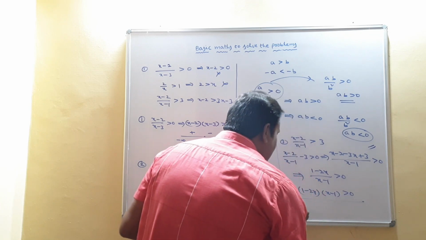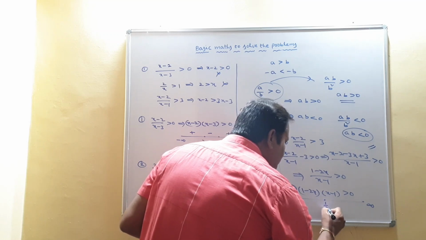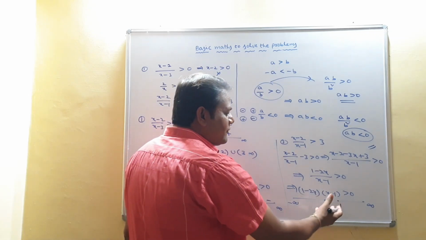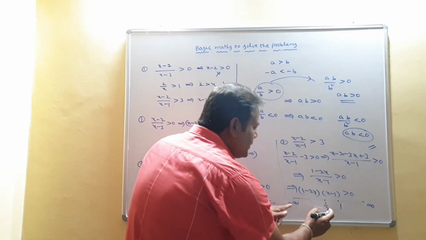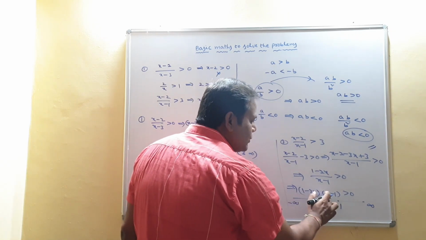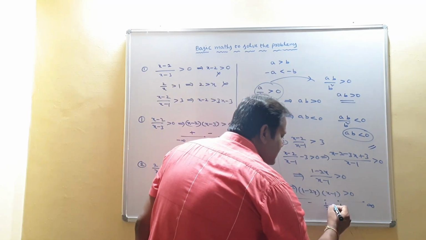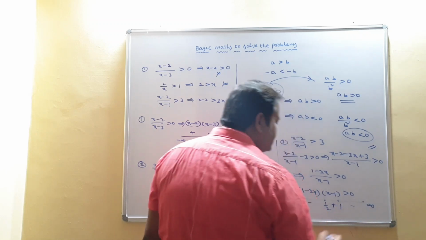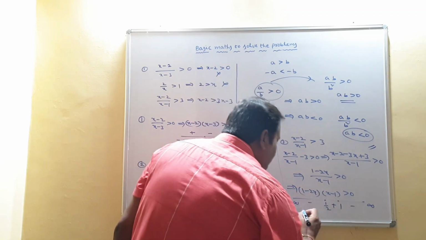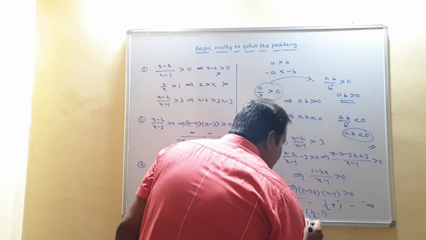Just take a real line and mark the points on the real line. Those are what? 1 by 2 and 1. Now you choose any value in any one of the intervals and verify whether it is positive or negative. So between minus infinity and 1 by 2, 0 is there. So you take x as 0. Here it is 1. If you take x as 0, it becomes minus 1. So 1 into minus 1 is negative. So change the sign alternately. So it is positive, and this is negative. What we want is positive. So where is it positive? Between 1 by 2 and 1. So the answer to this is the open interval (1 by 2, 1).